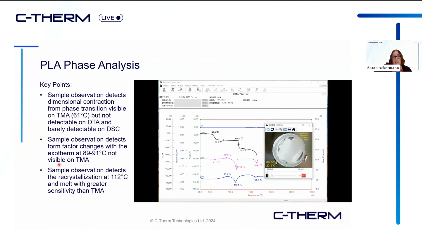So in this video, we're going to be watching TGA, TMA, DSC, and DTA all on the same plot with the system. And the TG tells us that no mass loss events are happening within this system. As we play the video forward, we can see